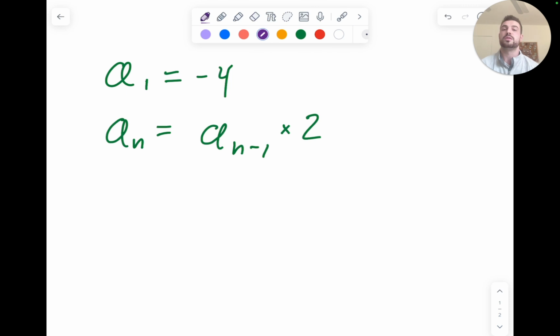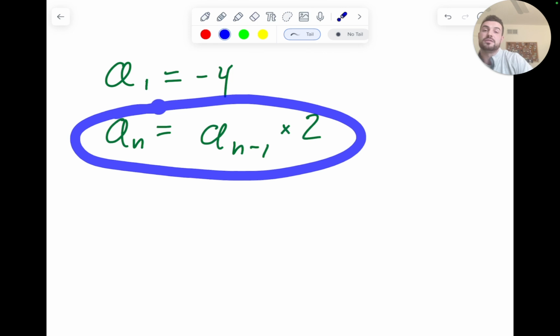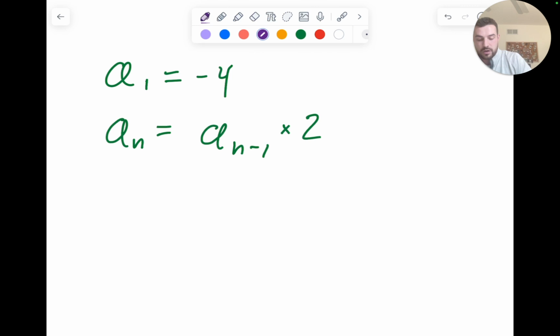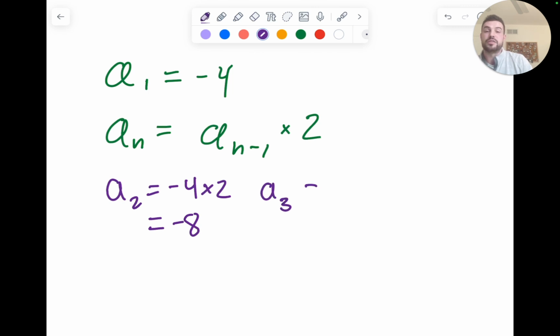We have a sub 1 equals -4, and then a sub n equals a sub n minus 1 times 2. What this tells us is we are multiplying by 2, that is a pattern, so it's geometric, and my first term is -4. So that means to find my second term, I take the term right before it, which is my first term, and I multiply by 2. My second term is -8. To find my third term, I take the term right before it, which is -8, and multiply by 2,